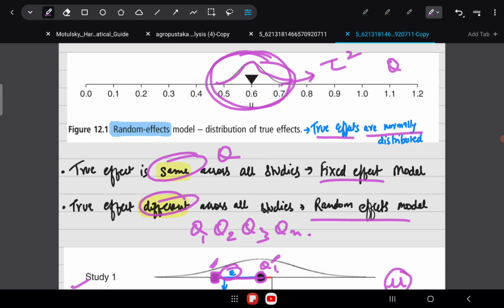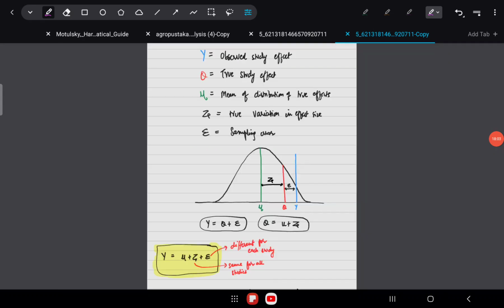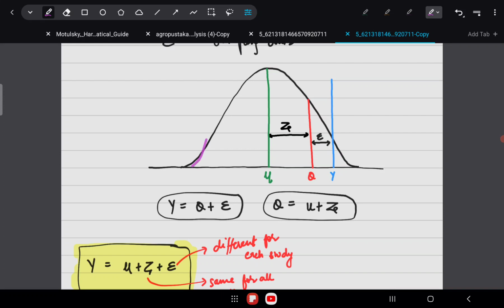So this tau square will be the same for all the studies, whereas within study variance, which is Vy as in fixed effect modeling, will be different from study 1 to study 2 because of differences in sample size. So within study variance will be different for each study, whereas between study variance, that is tau square, will be the same for all the studies. And we'll see this when we do the calculations in the examples of random effect modeling. So another diagram depicting exactly the same concept: you can see this is the distribution of the true effects, right?